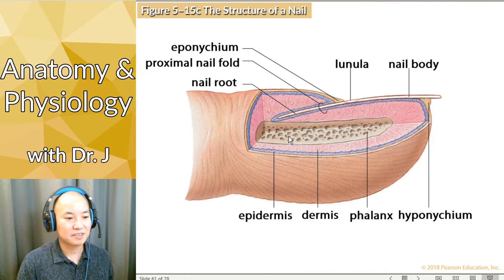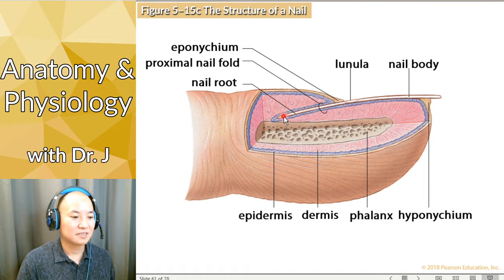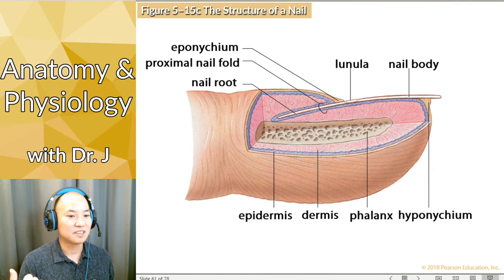Now, what we have here is the nail root. This is where you find all those cells that are actively undergoing mitosis and dividing. As they divide, they start pushing the cells that form your nail this way. As they get pushed further and further, they start flattening out and accumulating keratin. So it's kind of like a stratified squamous epithelium, but instead of building from the deep towards the superficial, it's pushing along the direction of growth